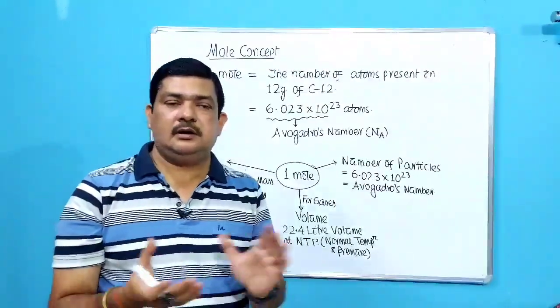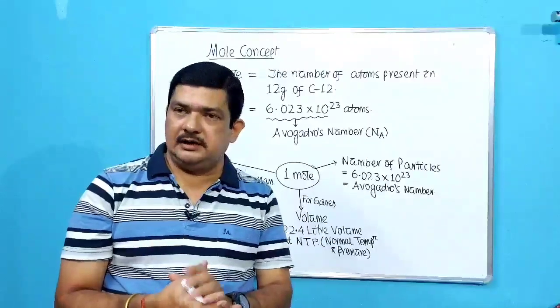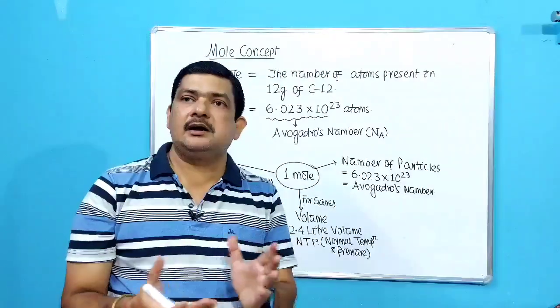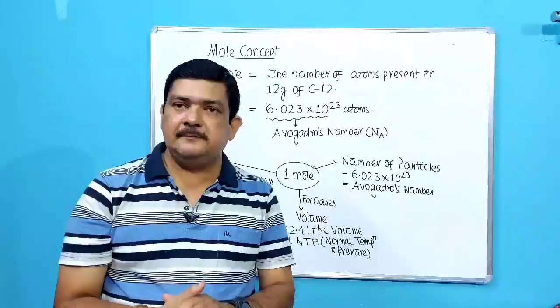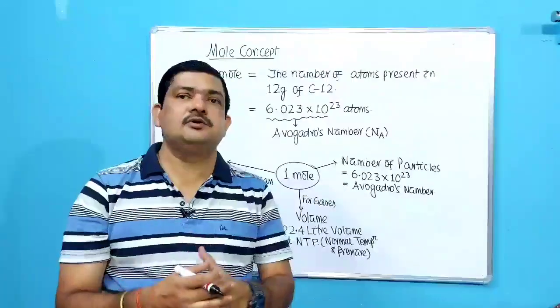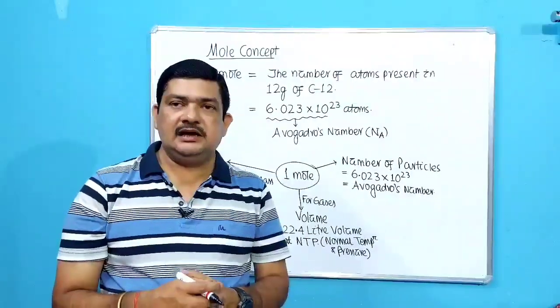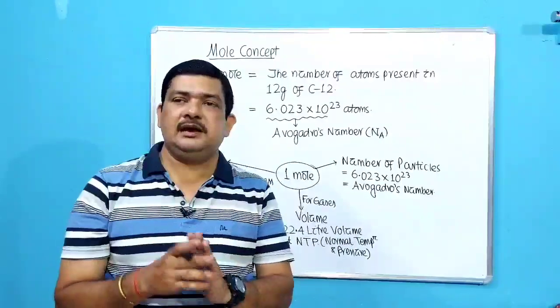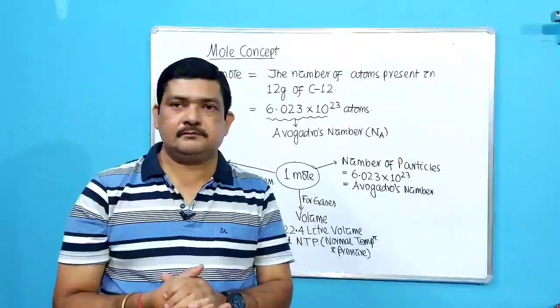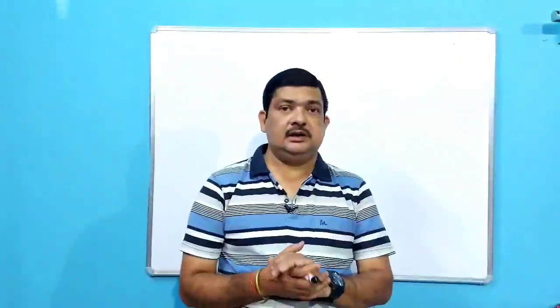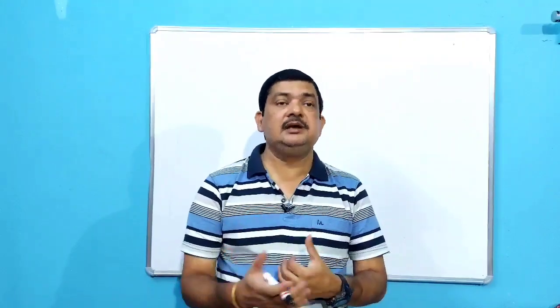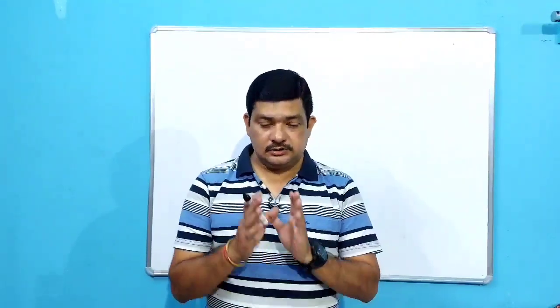Suppose I tell you to add 2 moles of sodium chloride. What will be the mass? 117 grams of sodium chloride you have to add. So you should be acquainted with these things. Next I will give you one example and close the class, so that it will be clear to you regarding mole. Don't worry by the name of mole, try to follow it systematically.